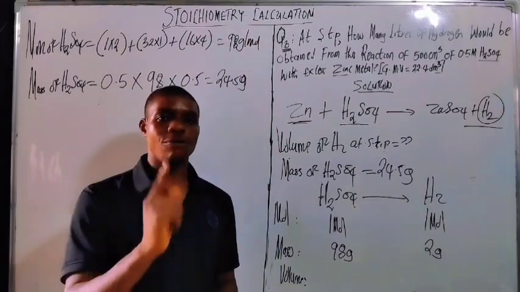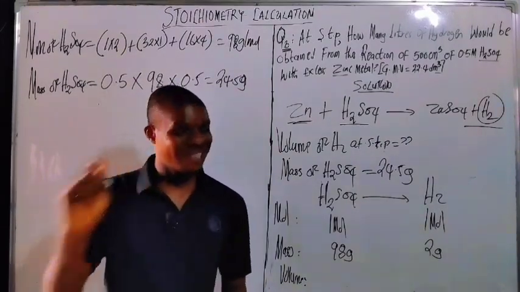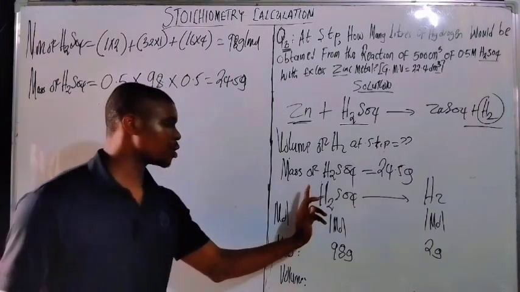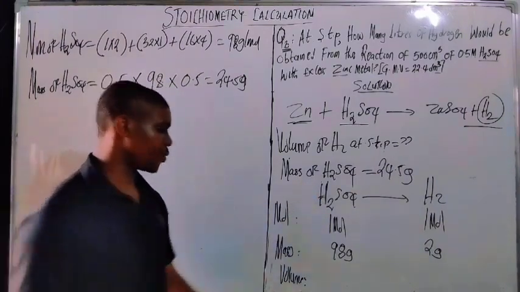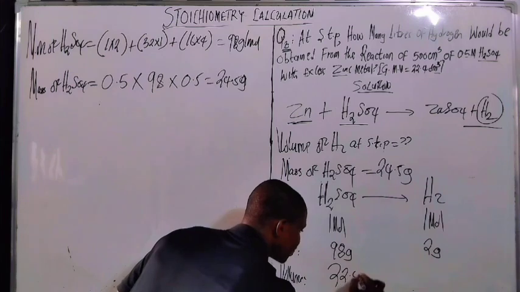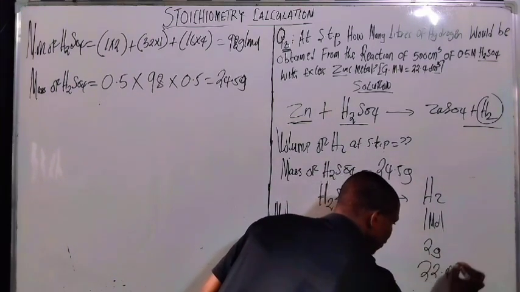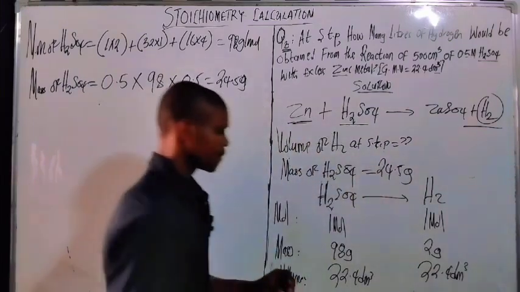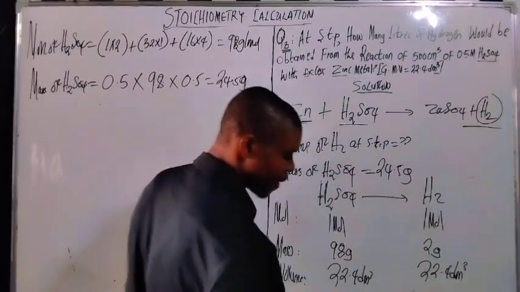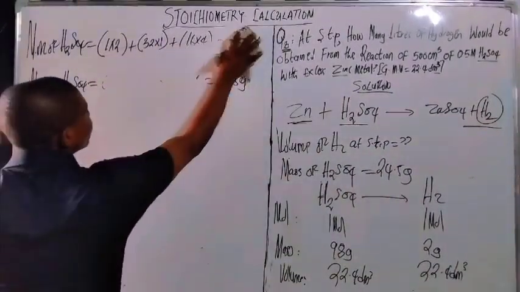So 1 mole of any substance at all is equal to 24 dm³. Now, how many moles do you have here? We have 1, so the volume is going to be 24 dm³, right? Do you see that? So now if you check it very well,